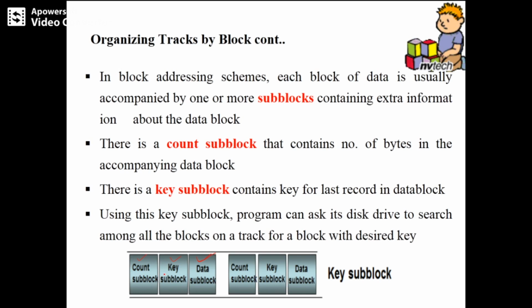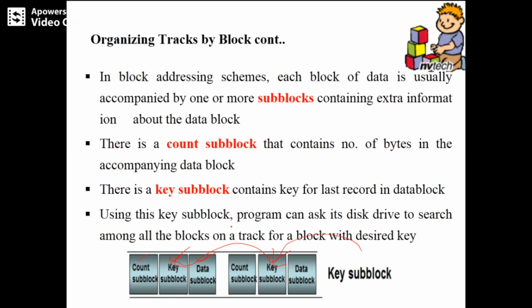What is the key subblock? It contains the key for the last record in the data subblock. It acts as a pointer. Okay. So if you see this key subblock, it contains the previous address. The next key subblock will contain its address.